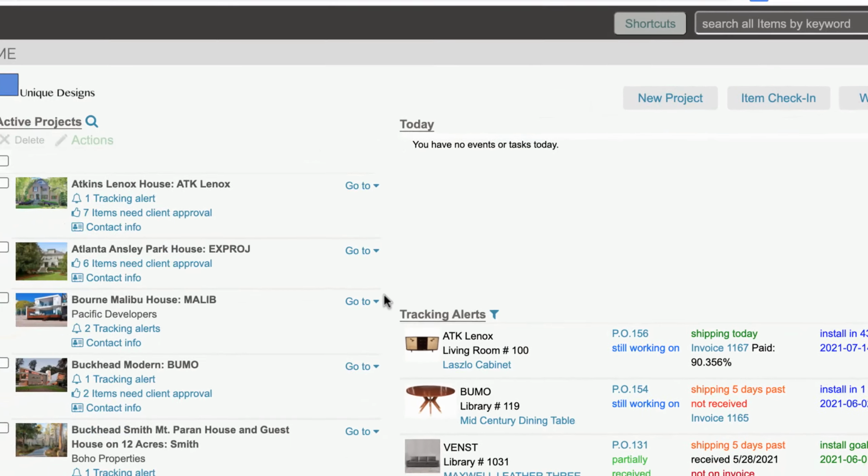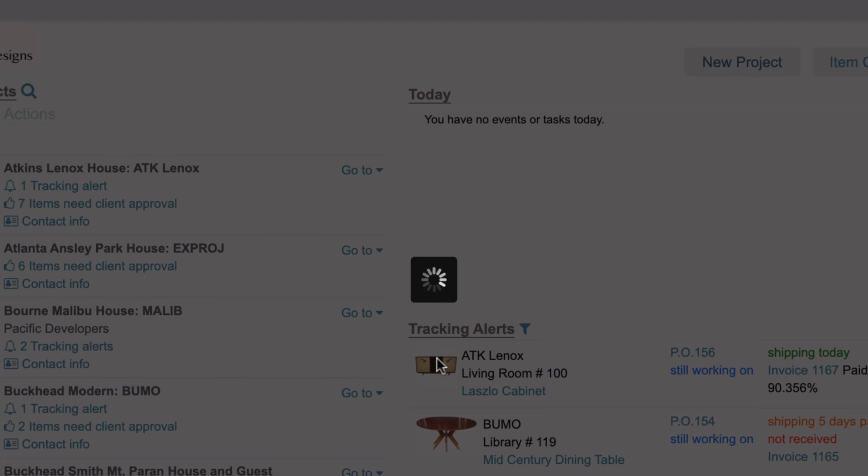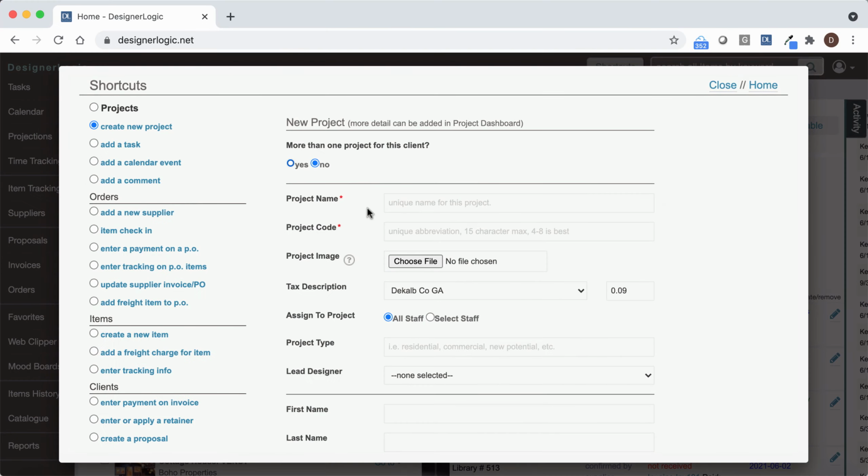In DesignerLogic, you can create template projects to use to populate real projects. This could really cut down on time in speccing out a new project. To do this, create a template project the same way you would create a real project, but instead of the